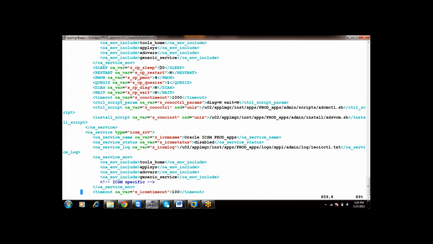If you want to change it to 10 seconds, you can change it and run autoconfig so that the necessary configuration files will be overridden with the new value. Your autoconfig is very dangerous because it is going to change all the configuration files. Just listen carefully. Your autoconfig is going to overwrite each and every file in your inst top.